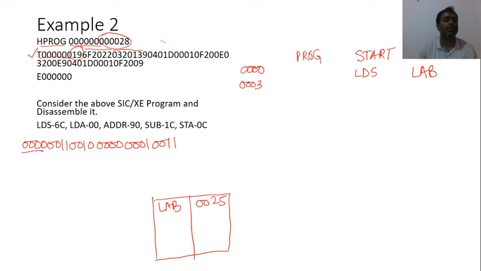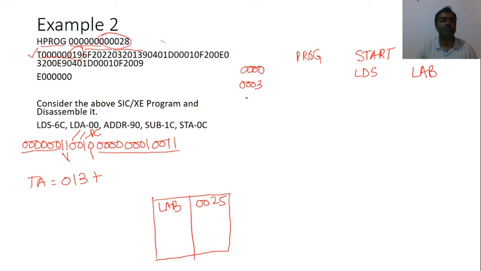And our opcode is 000, this one, and NI is 11, that means there is direct addressing. X is 0, B is 0, P is 1, that means there is PC relative addressing, and E is 0, that means this is written in format 3. And what is the displacement here? 013. If I find out the target address, that will be what? Displacement, that is 013, plus the content of PC.